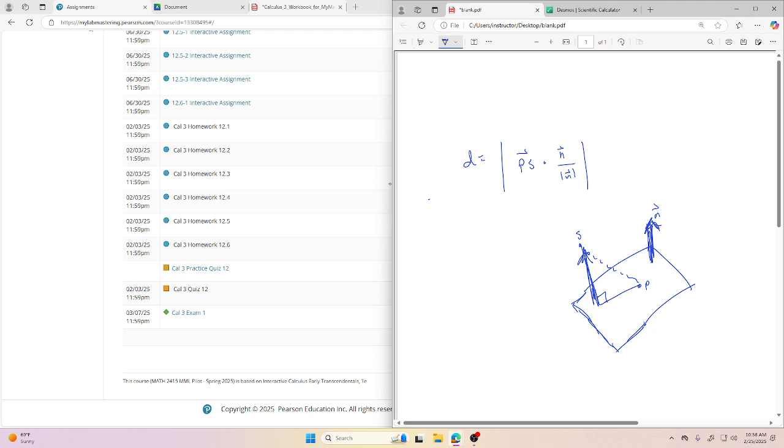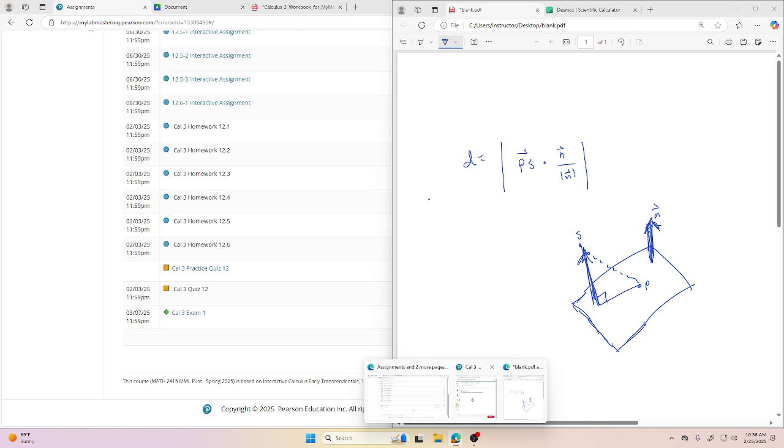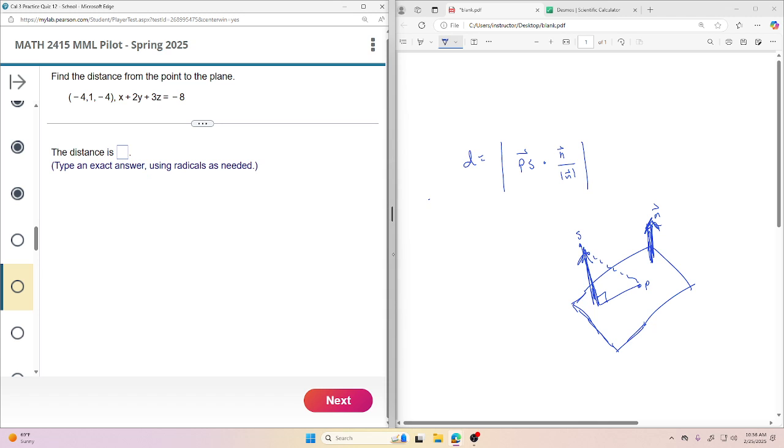So yeah, concepts. Go back to what we were doing over on the side. We have a point, but we need a point on the plane. I think it's easiest to plug zeros in as much as you can. What if I plugged in 0 for y and 0 for z? What would x be? Notice that I didn't want